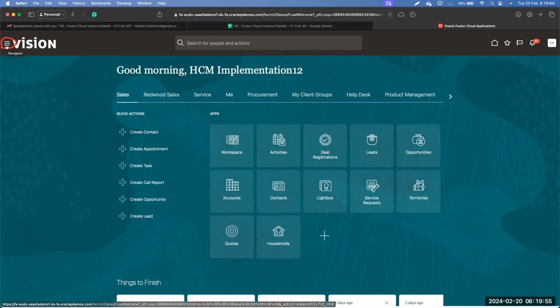And one good thing in Fusion is that we have a lot of good functionalities. One of them is, when you hover the mouse on top of any of the icons, you will get a help text. If you see below the mouse, I see a text called navigator.